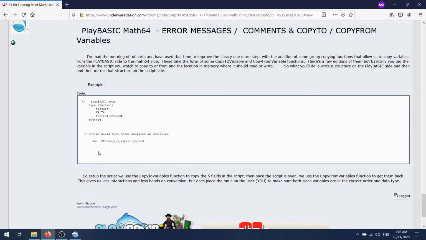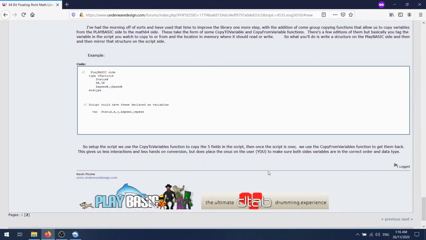The script would do whatever it needs to do, and then once we're done, we have one copy to copy it out. So ideally, that's going to save you a bunch of function calls copying separate variables, but you do need to keep these in order.